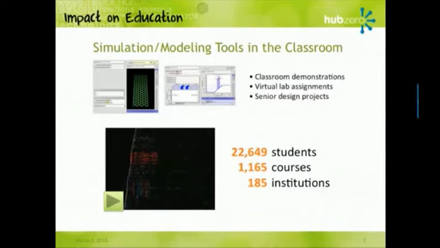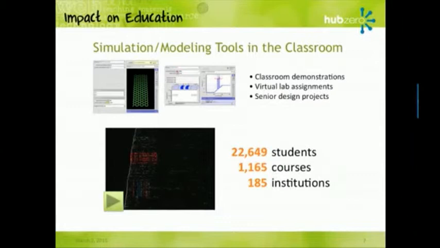People put up tools. People use them in classrooms. So for example, instead of copying out of a textbook the night before a lecture, a professor will come into class and just bring up a tool. And a student will have a question, and they'll just pull up a material type, and they'll say, let's see how it works, right? So you can use them in classroom. You can also assign it to students. Let them do the work. Let them optimize a particular electronic device or figure out what material works best. So hands-on or senior design projects kinds of things.